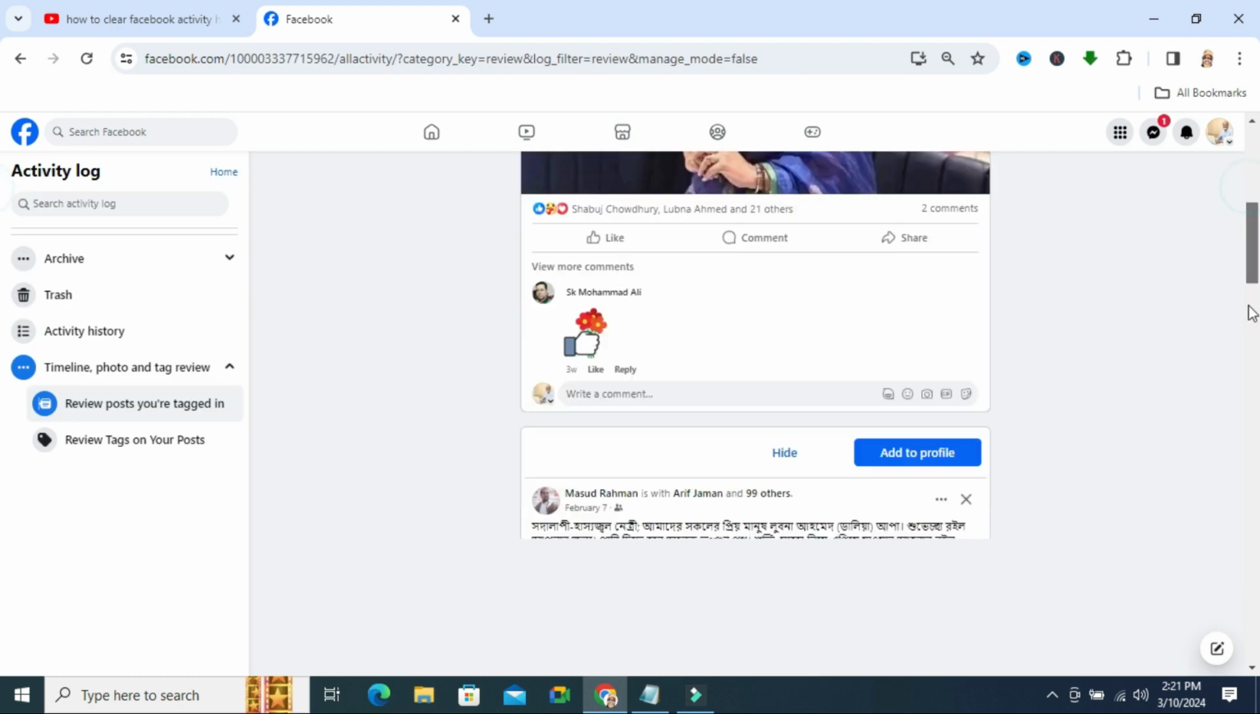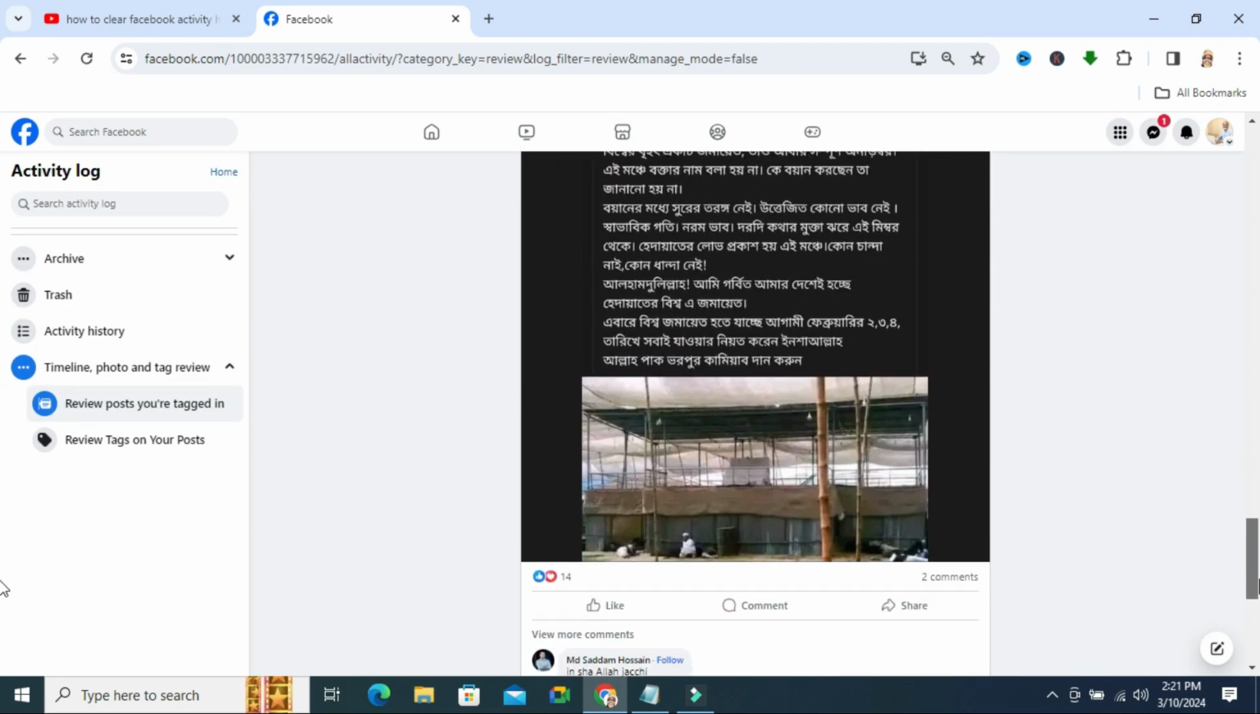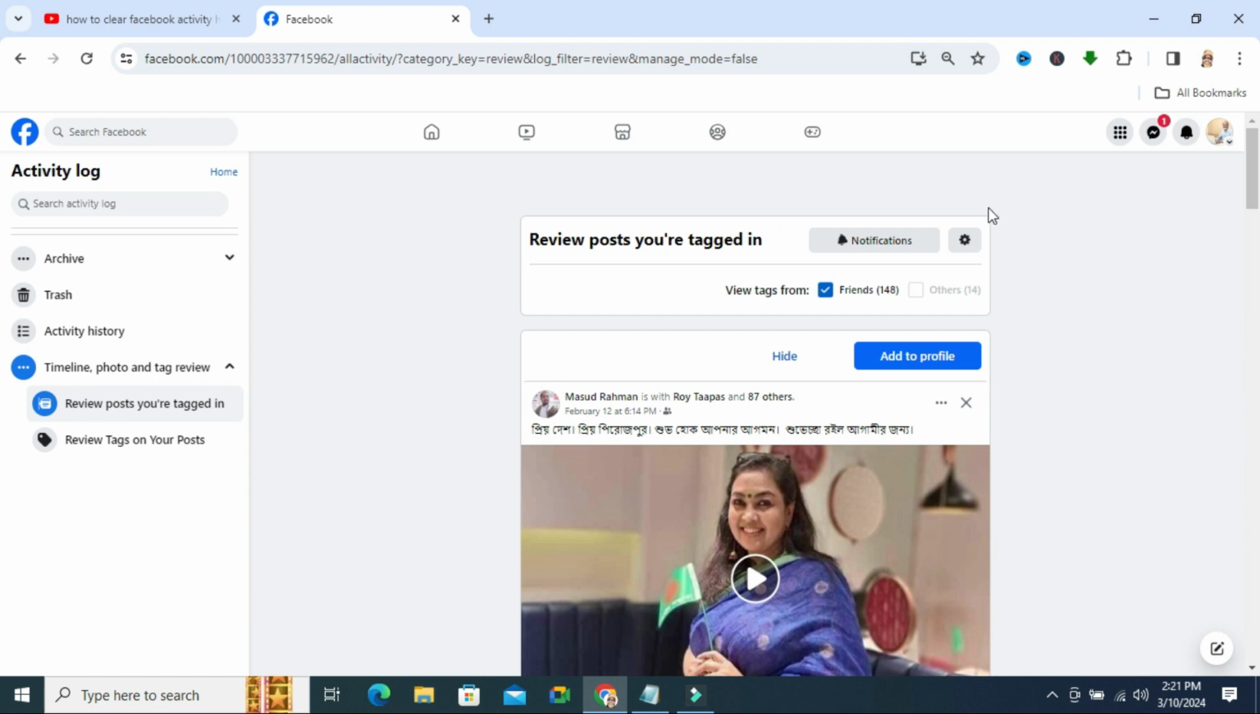Some posts are for review. You will find a gear icon here. Click on the gear icon